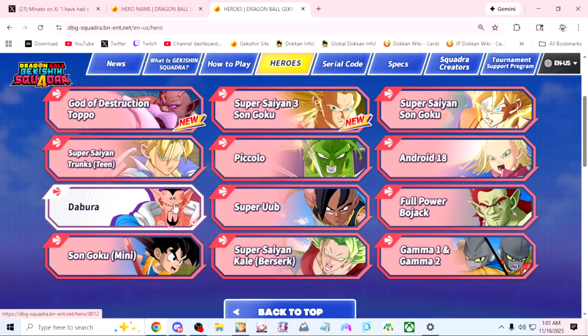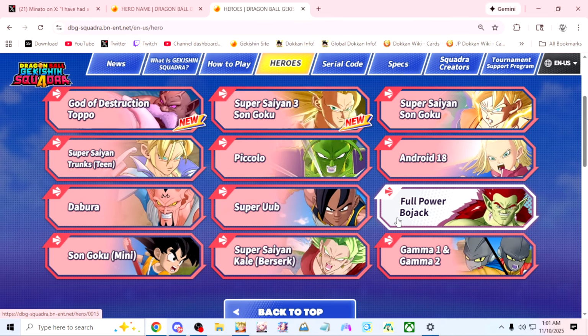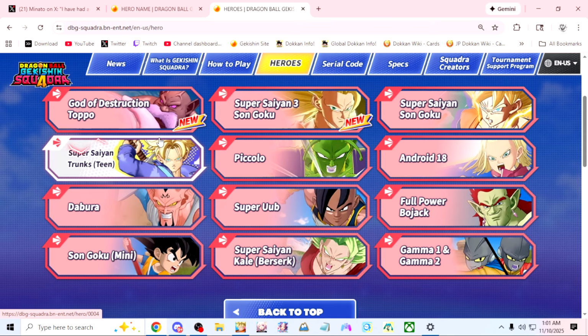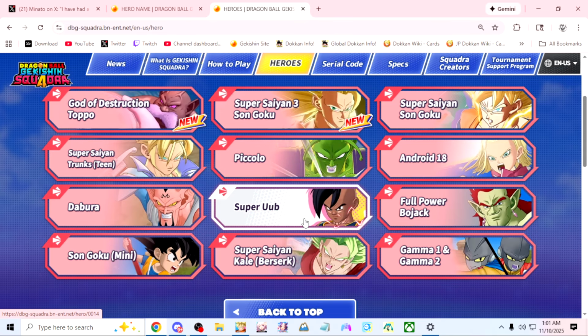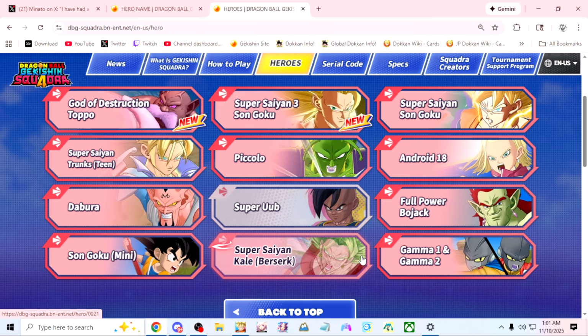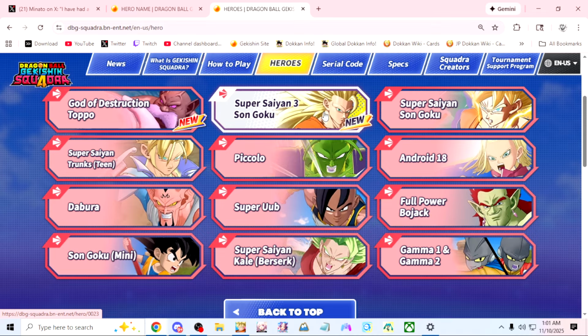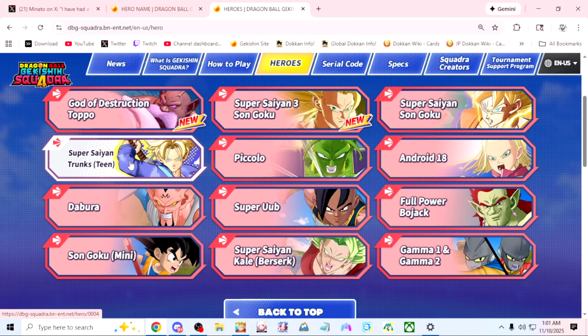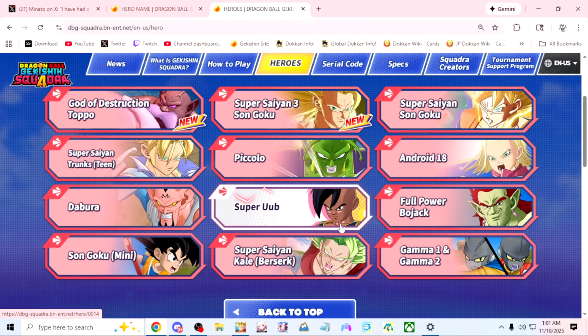I would take... Maybe Deborah? I would take Topo over Deborah. I would say Deborah would be second worst. If we're gonna rank from bottom to top, it'd be Bojack, then Deborah, and then I would probably say Topo. Then would it be Oob? Because if we're talking about Oob, I like Gammas better, I like Kale better, I like Mini Goku better, Super Saiyan 3, Super Saiyan Goku. I guess between Oob and Trunks, I would take Piccolo over Oob, right? I don't know, maybe I'm underrating Oob, but